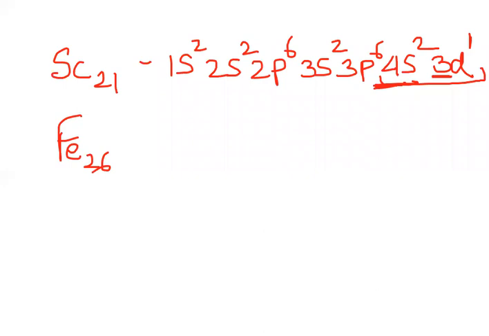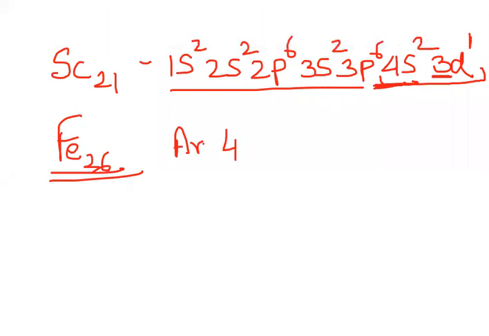All right, let us talk about a very common element that you know, that is atomic number 26. What is the position of this element in the periodic table? Let us say you are asked this. So knowing all this, till here, that is 3s2, 3p6, that means this is argon's electronic configuration. So I can also write this as argon, and then I can write 4s2 and 3d.